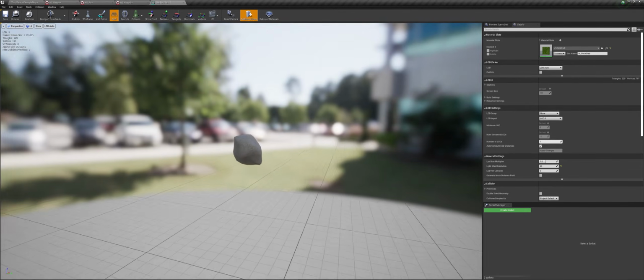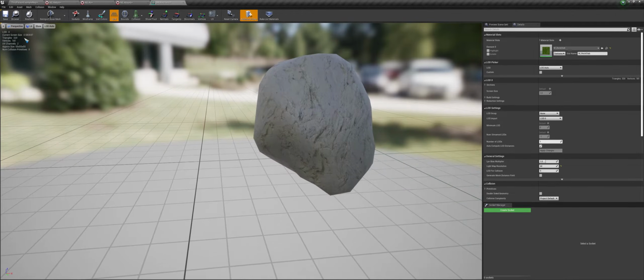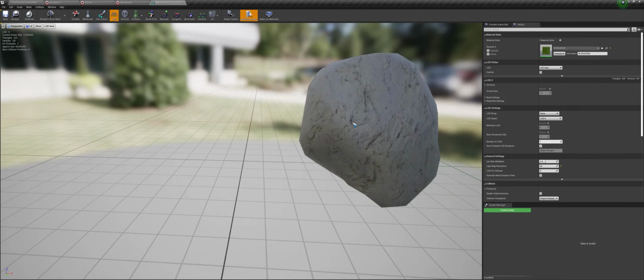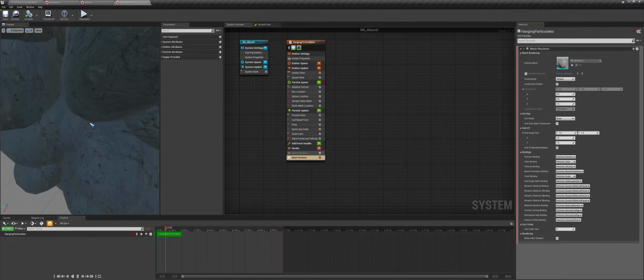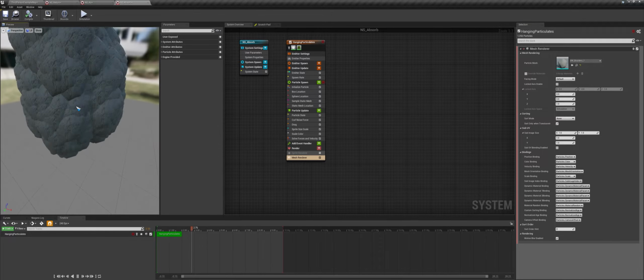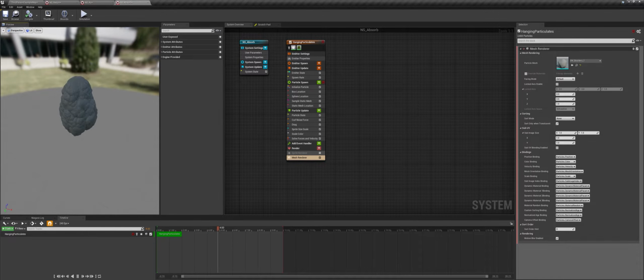So it kind of looks good, and there aren't that many triangles on it, but maybe it's just a bit too much. You could always use this LOD system to reduce the triangle count, or you could bring your own. So we are just going to use that. So now you can see that it is very big.